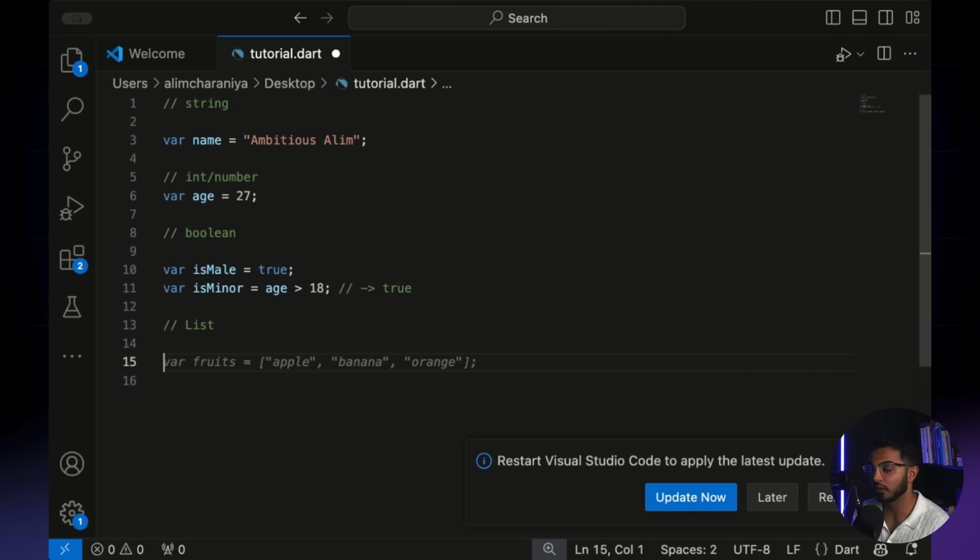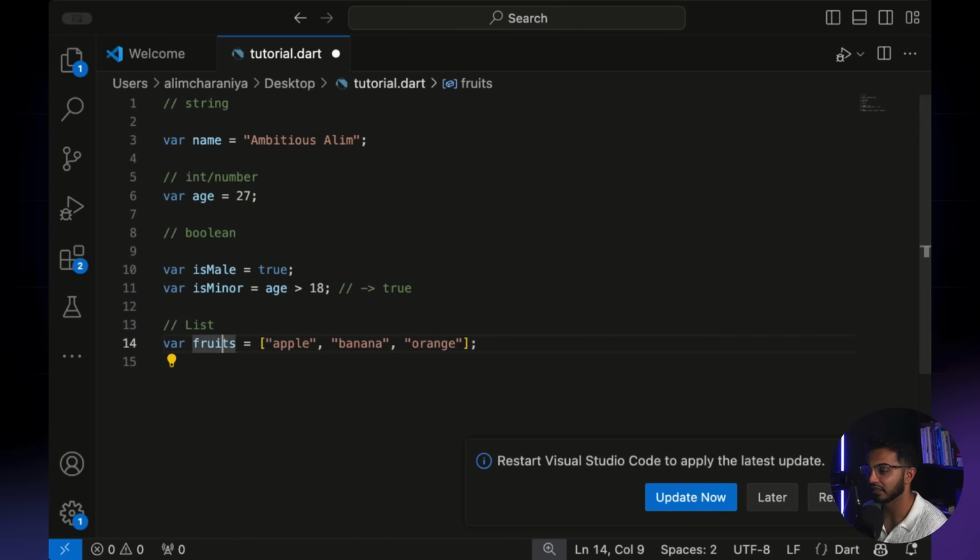List. So now we have a data type that enables us to store a collection of many things. Say I have fruits, and I do have Visual Studio Code enabled here too, so you can kind of see how my AI is at play. But I do like this idea of creating a variable called fruits and setting that equal to a list of fruits. And the fruits are denoted by strings. So it's apple, banana, orange.